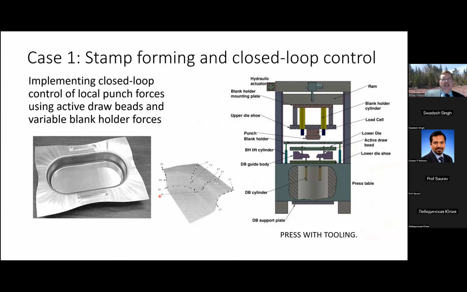So my first test case or case study was actually partly for my PhD research, and that was to implement closed loop control during the stamp forming process. This has been around now for a few years, and various auto companies are actually implementing this now to improve their forming process. But the idea then, as it is now, is to improve the robustness